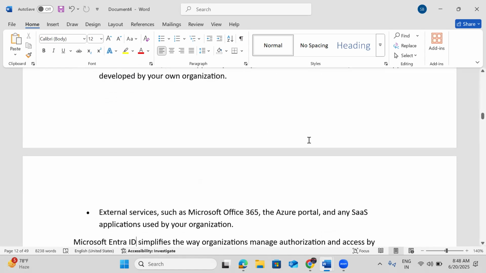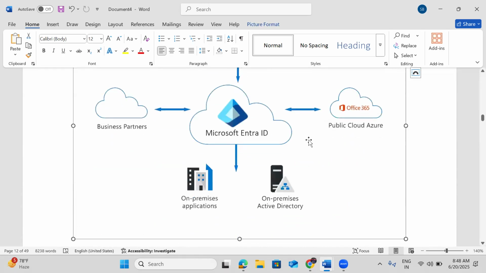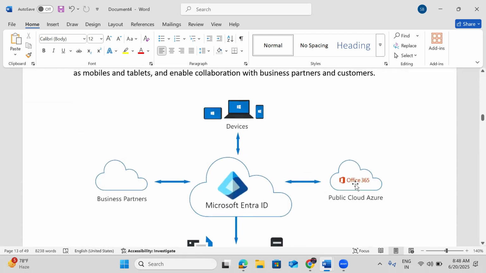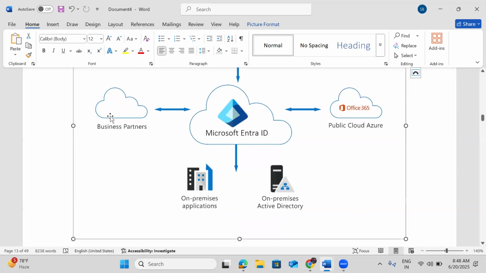Okay, so then we already discussed Entra ID. Entra ID is going to work with Office 365 or Microsoft 365, and all the devices in the cloud, or we have B2B applications for that also. For these apps, I need to provide single sign-on. And on-premises apps or on-premises Active Directory, all of that we can control through the hybrid model. Okay,